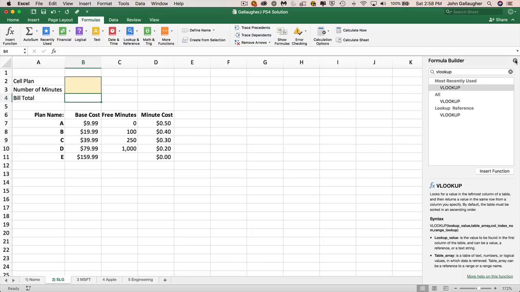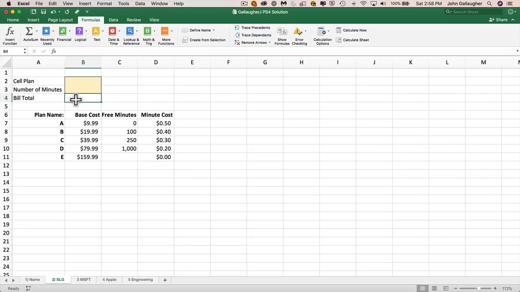I can close up our formula builder over here just for now. So why don't we start calculating our bill total by first getting our base cost. And how are we going to get our base cost? Well, what we want to do is we want the user to type in a cell plan letter here, so A through E, and depending on the letter that they type in, what we want to do is we want